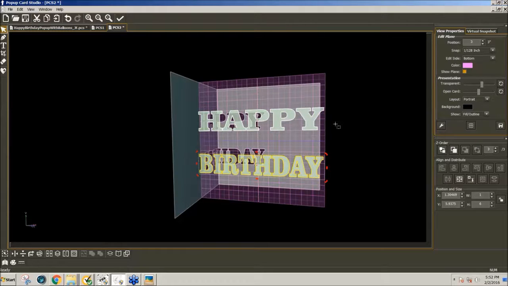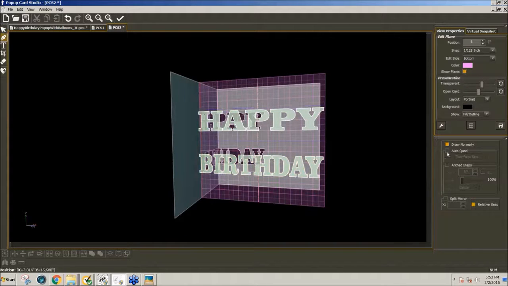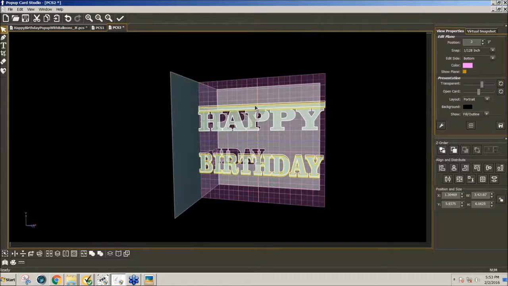So next I need to draw a rectangle. So I'm just going to use this pen tool and I'll use the auto quad 2-point rec, and so I'll just left click where I want it to start and left click where I want it to end, and I've got a little rectangle. You can make it as thick or as thin as you want. I think I just made mine be about 1/4 of an inch tall. So under W, I type 0.25, enter, and then the length, I want it to be 6 inches under H. And now that I have that little bar,